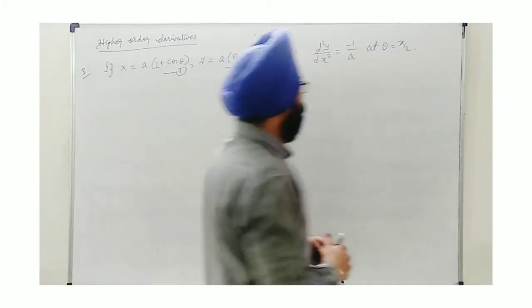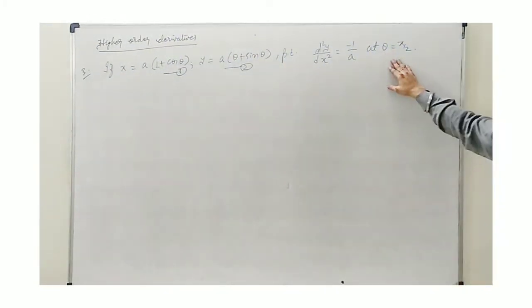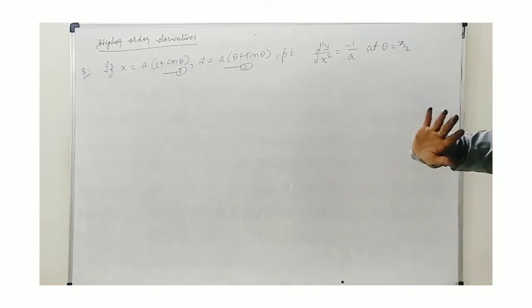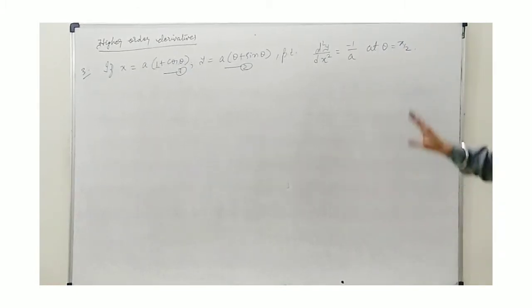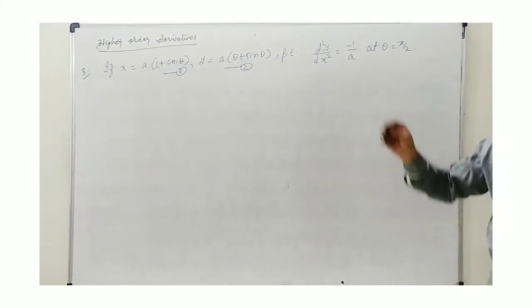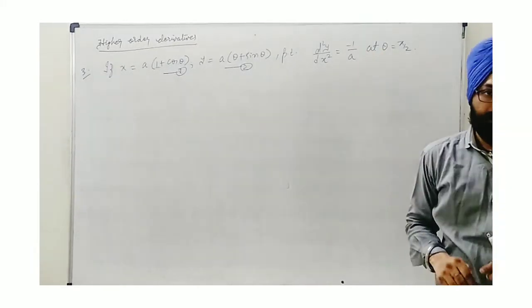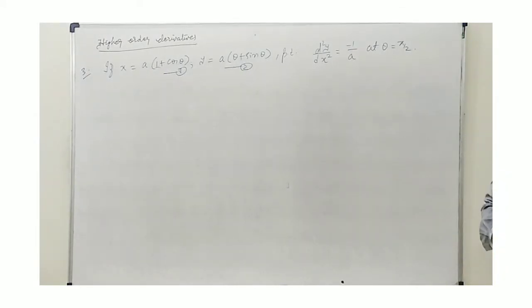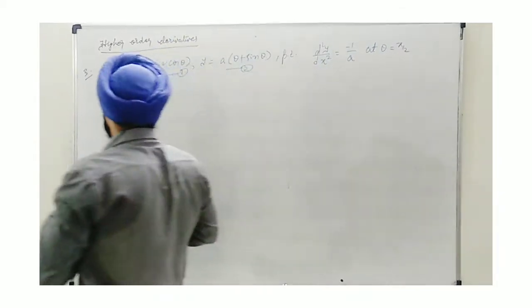Next, we are also given to put the value of theta as pi by 2. A is a constant, that's why we cannot change its value. A will remain as a constant, but theta being variable, we have taken one particular value. At pi by 2 we need to find d square y by dx square. So these things can help us understand which one is the parameter. By the way, here we go.